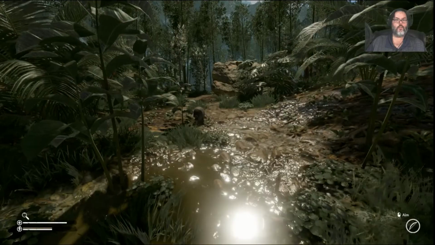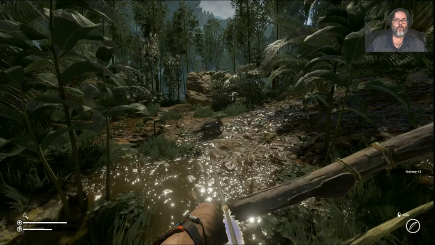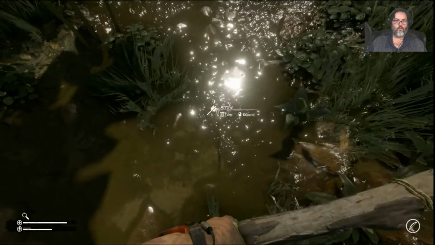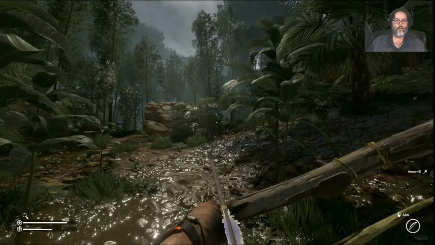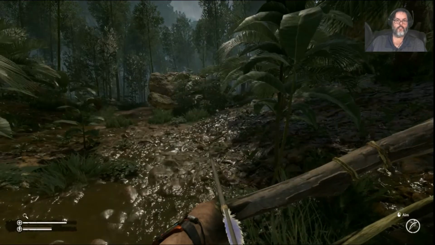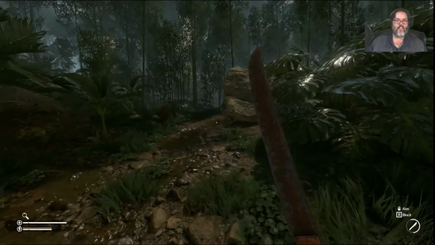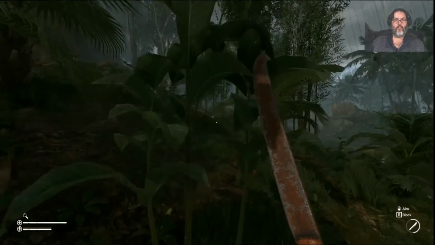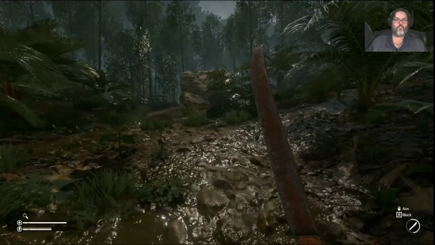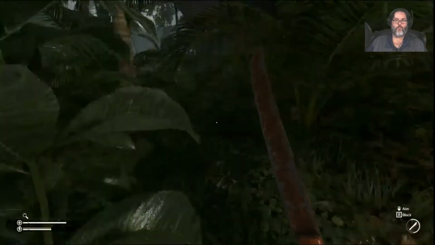You know what? All right, well, so we've got 4 arrows left. That's fine. Interesting enough. All right. That anthill can move. Sometimes it's over here. And I believe this is the fruit tree, but I don't see any fruit on it right now. All right, so let's go back